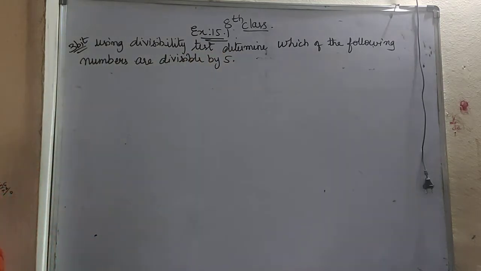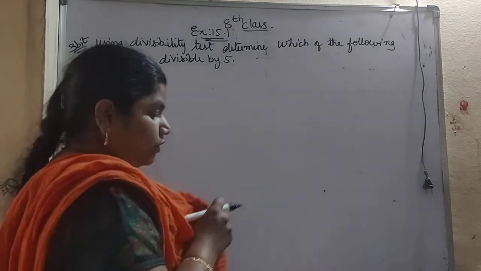So before checking which numbers are divisible by 5, first we will write the divisibility rule